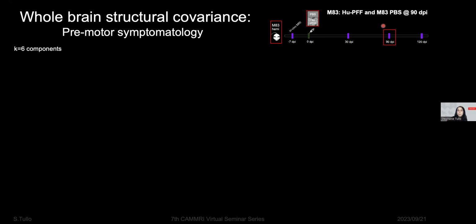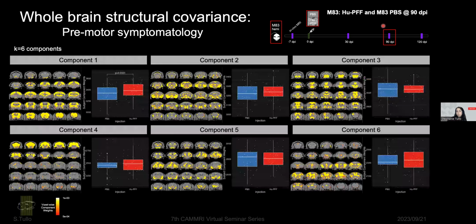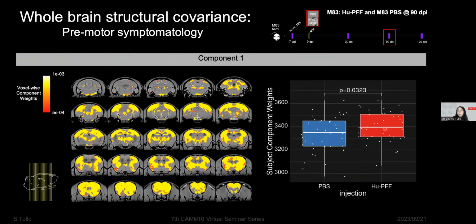And so we ran NMF with 6 components. Here I'm showing all 6, but I'm only going to focus on component 1, given that this is the only component where we saw this group difference in terms of the subject weights, such that this patterning had higher specificity to the mice that received the fibrils. And now this color map is denoting the strength of the covariance for every voxel with the full pattern. And as you see, again, encapsulating our injection site, basal ganglia areas, frontal cortices, and as well as posterior